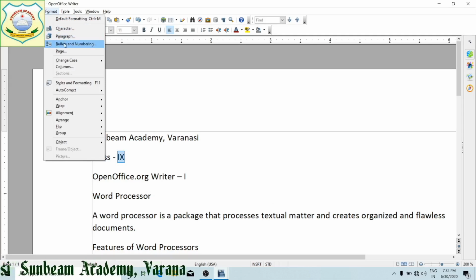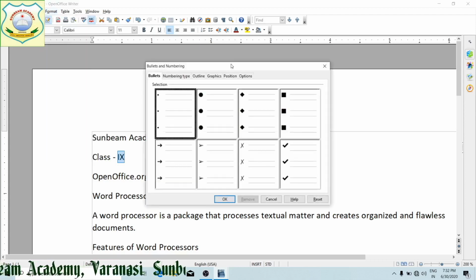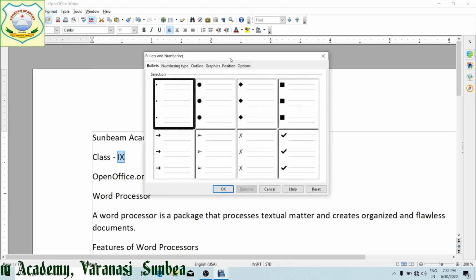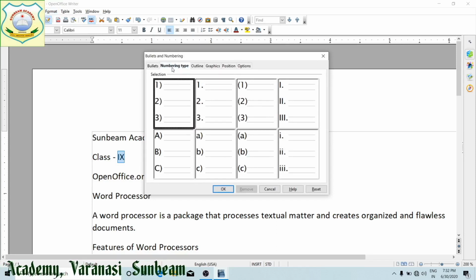Next feature is bullets and numbering. Bullets, they are given, we are giving dots, or to prepare list we are using bullets and numbering. Now here you can see numbering type. Sometimes we are going to write our document by putting numbers 1 2 3 4 5 likewise, right? So this is given to the document.